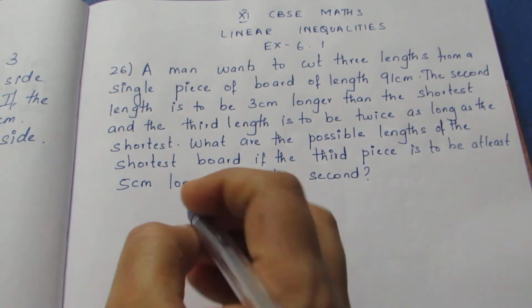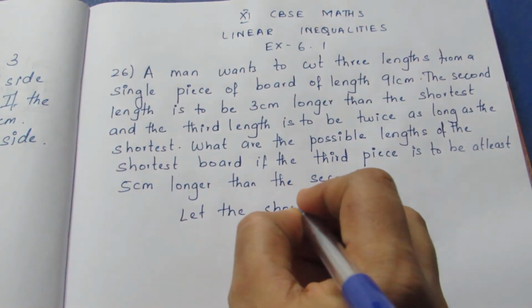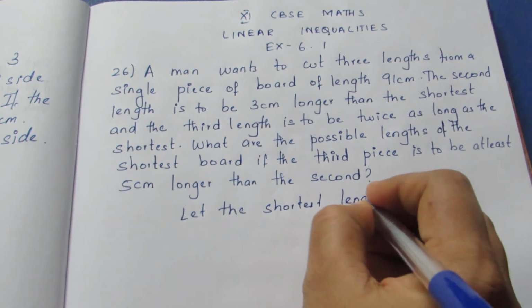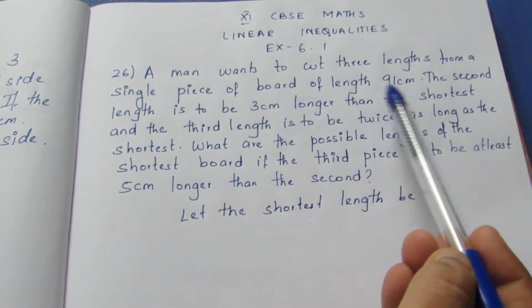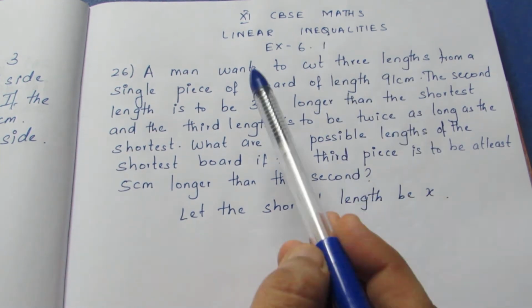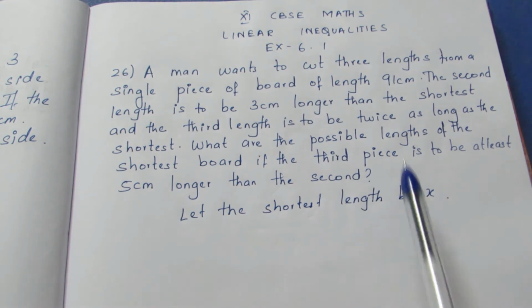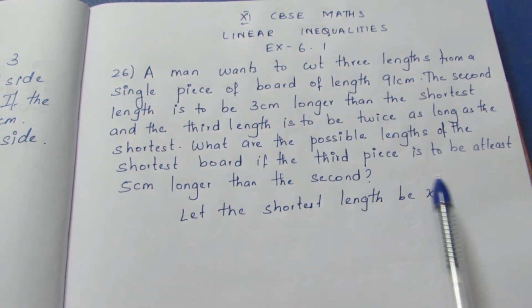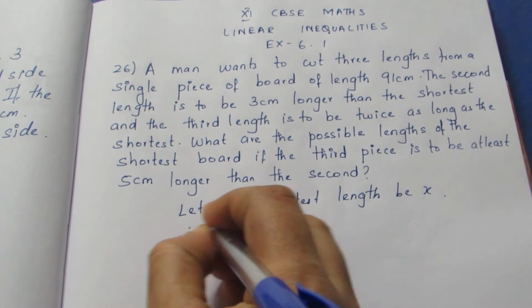So let the shortest length be x. The total length of the board is 91 centimeter. They want to cut it into 3 different pieces. The second length is 3 centimeter more than the shortest. So that means we have taken the shortest to be x. So the second length will be,